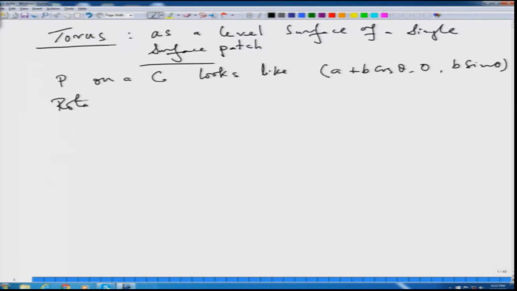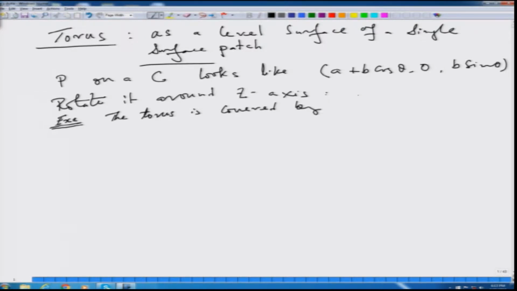When you rotate it around the z axis, then this is a simple exercise, all of you will be able to do it, otherwise ask in the forum how it is done. Be sure about this example. The entire torus is covered by the following 4 open sets